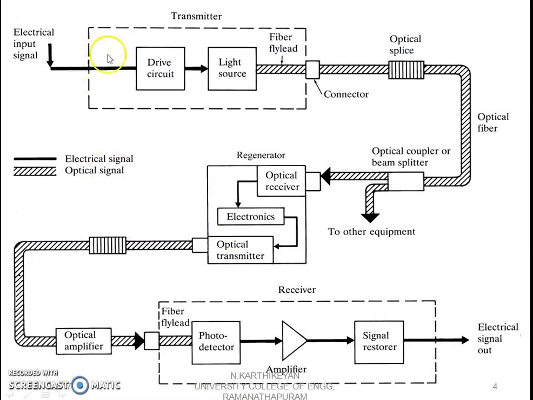This is the complete block diagram of fiber optic communication. The electrical input signal is given to the transmitter. The optical source can have a driver circuit or be without a driver circuit. The electrical energy is converted to optical energy with the help of these optical sources. So the optical sources are also known as transducers, since they convert one form of energy to another form, that is,